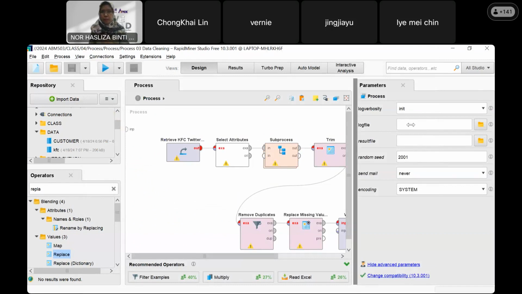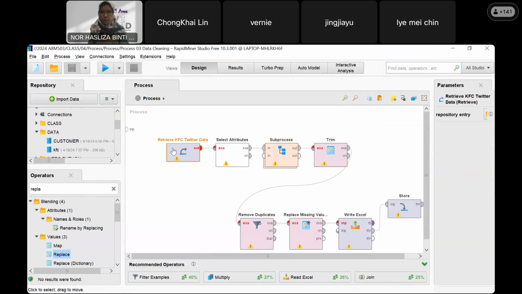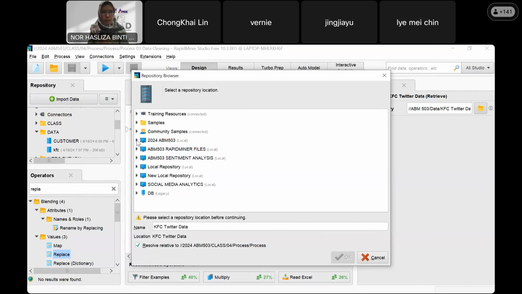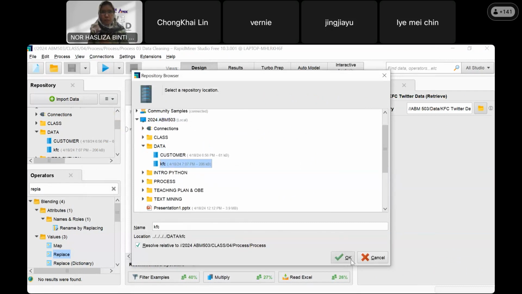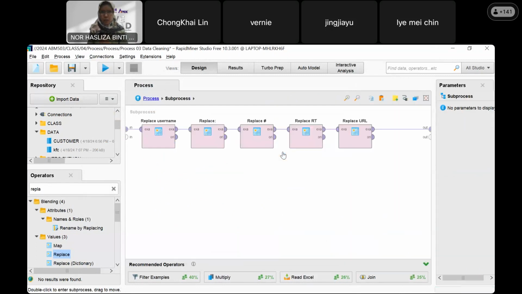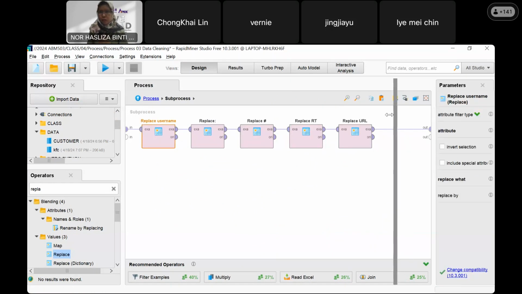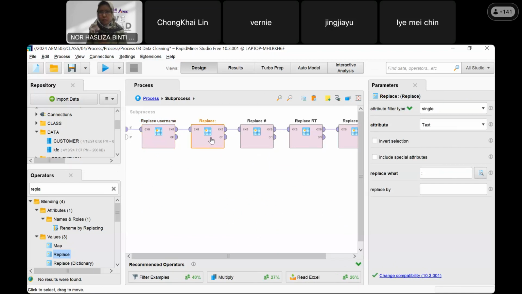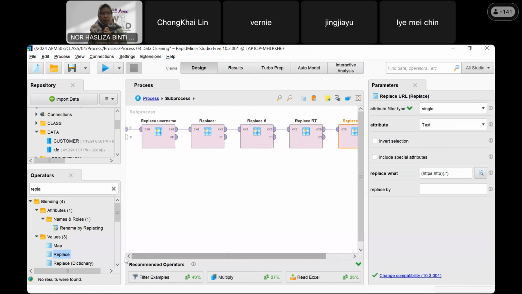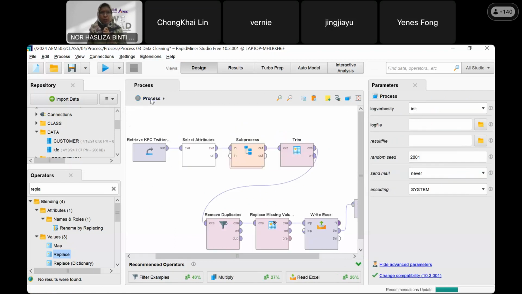Okay, this is my file. I did it previously, but I'm not sure why we cannot get the one that I did with you together just now.